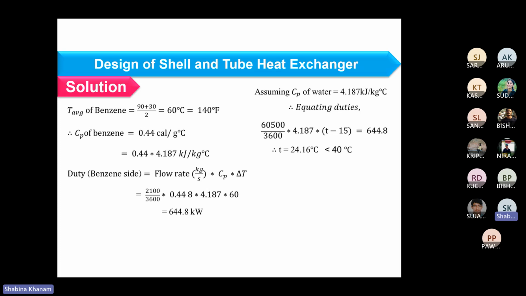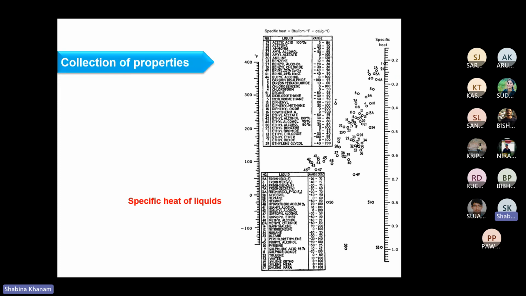To calculate the duty, we need the Cp value. Always keep in mind that you need to start with the fluid where both inlet and outlet temperatures are known. This is the chart where we consider the specific heat